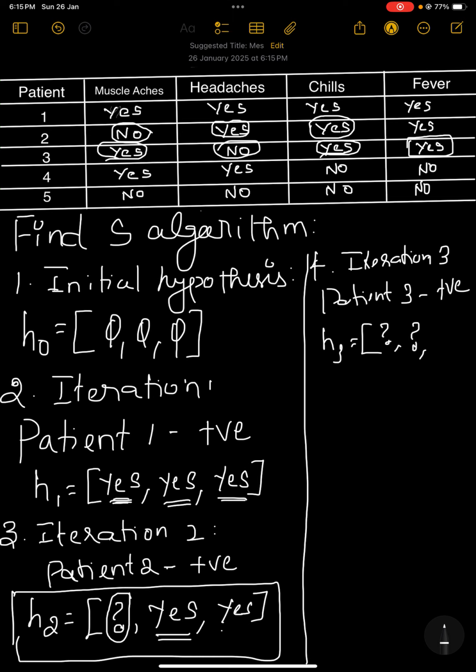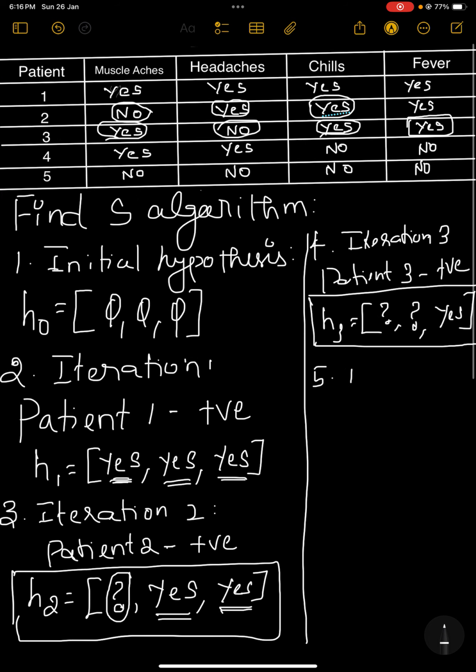And this will be compared with the last updated hypothesis. The value is S in H2. So both are same. We'll be retaining the same value for the attribute chills. So now the final hypothesis which we have from the last iteration 3 is question mark, question mark, S. So now for iteration 4,